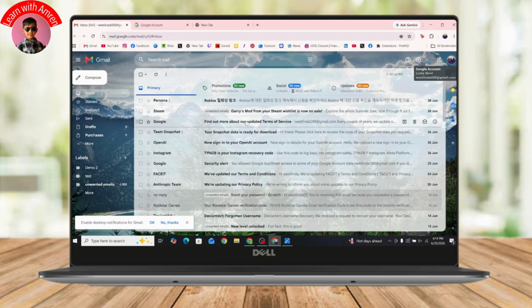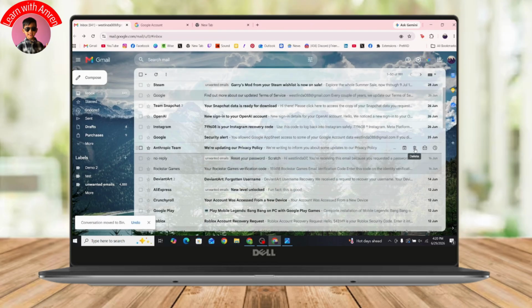After opening, for example, I'll just simply go and delete this one. I'll go with the trash option, which will be on the right side, and it has been deleted. Now, you will have a couple of seconds to undo that deleted message or to recover it. But if the time has passed, like if it has been more than 5 seconds, then you can just